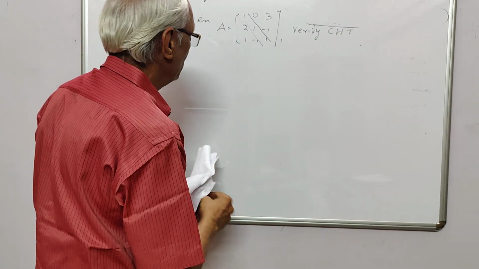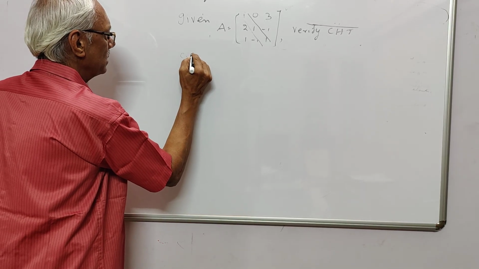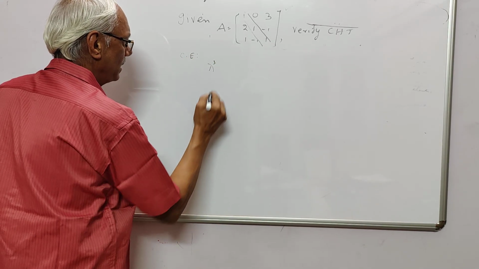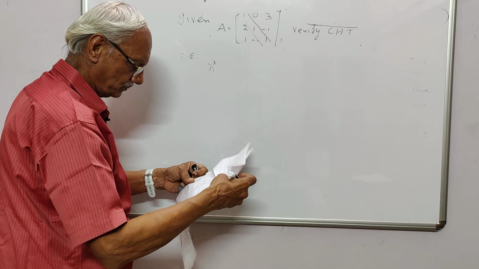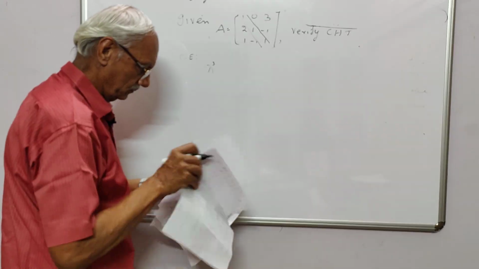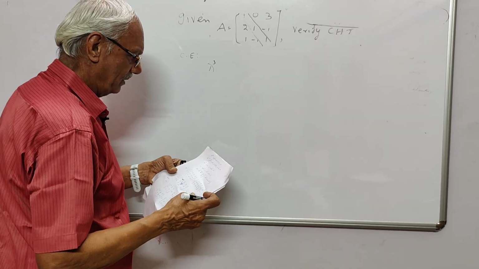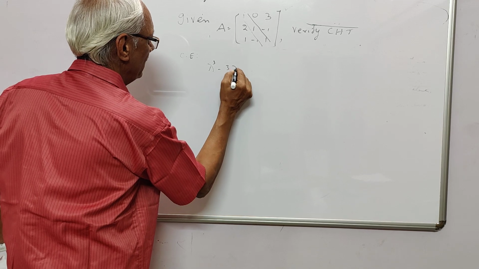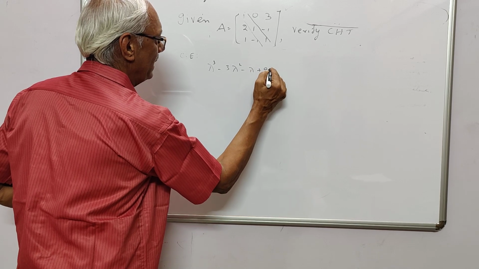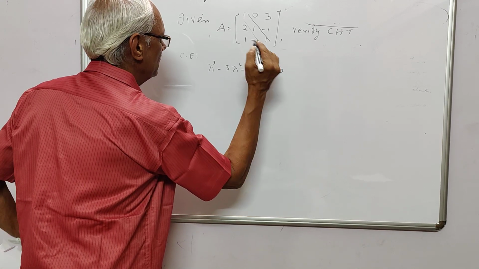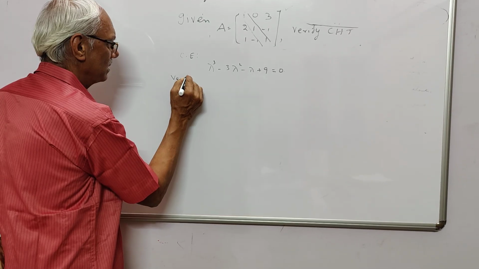So what do you get here? Lambda cube. So the characteristic equation is lambda cube minus 3 lambda squared minus lambda plus 9 is equal to 0. So this is the characteristic equation. Verification